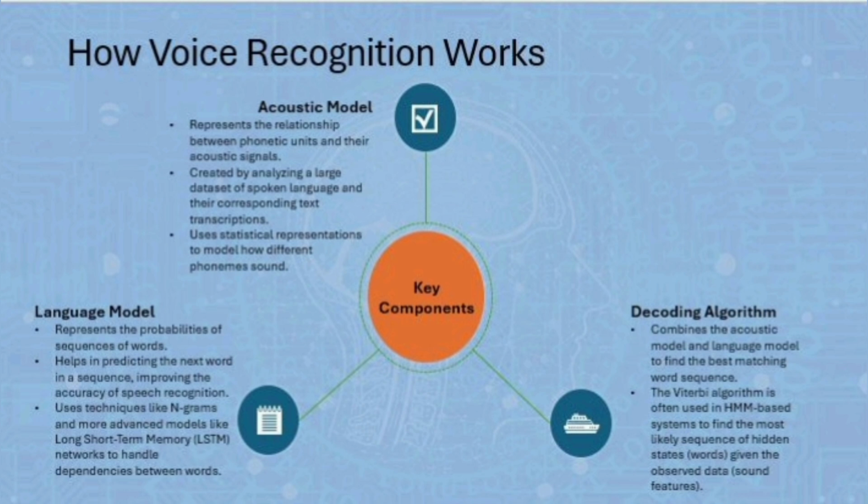The next step is pattern recognition. The system matches the phonemes to words, recognizing the phrase, "turn on the lights." This step is followed by language processing. NLP algorithms interpret the command, understanding the intent to control a smart home device. The system then sends a command to turn on the lights.